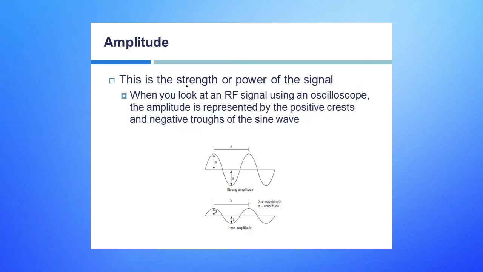Amplitude is what we would call the strength or the power of a signal. If you were to use something like an oscilloscope, you would be able to measure the amplitude, because the amplitude is basically represented by the positive crest and the negative troughs of the sine wave. And really, if we look at it from this center line, the height of that signal would indicate that it